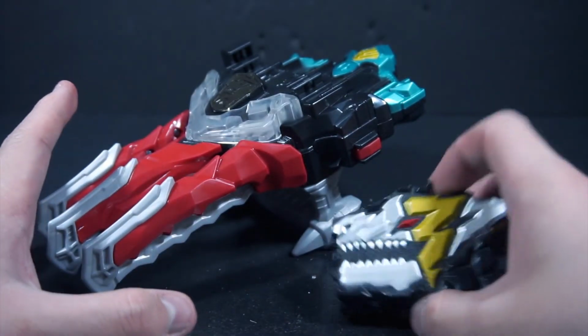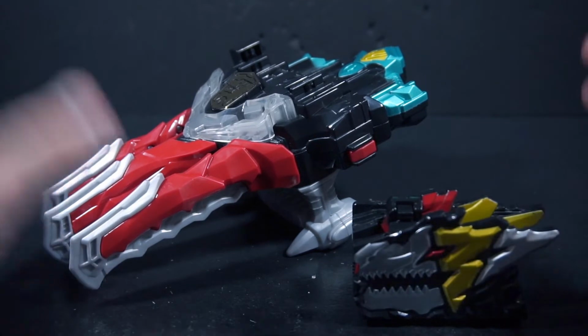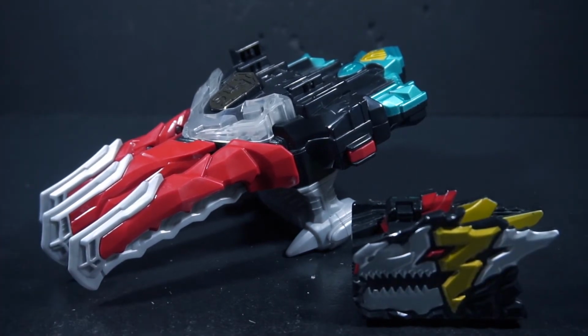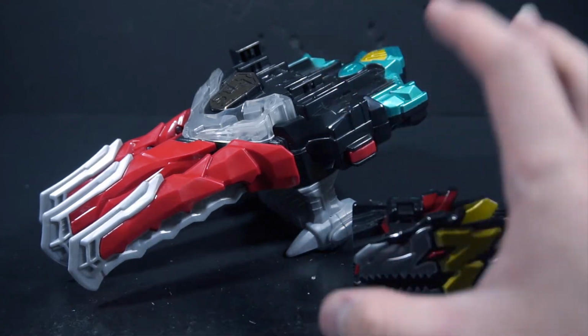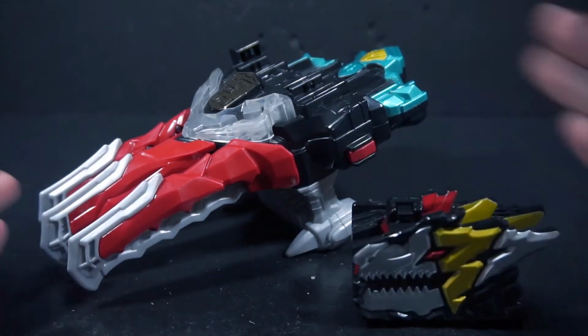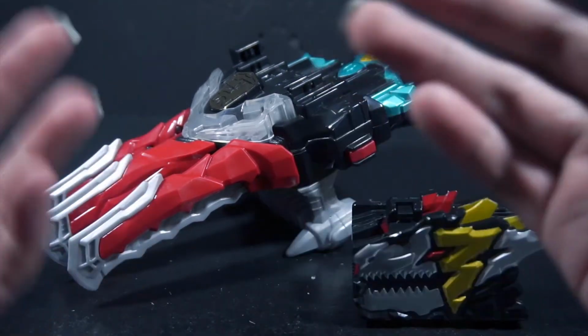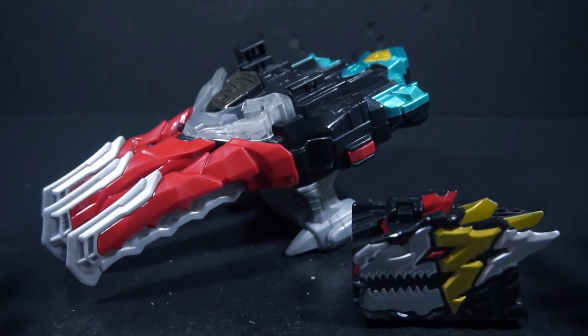And this thing itself, I think for what they did with it, they did their own thing with it. It still essentially does the same thing as the Max Ryusoul Changer, but they did their own twist with it, with having the element gimmick and such, which I think is pretty neat, because I think that was